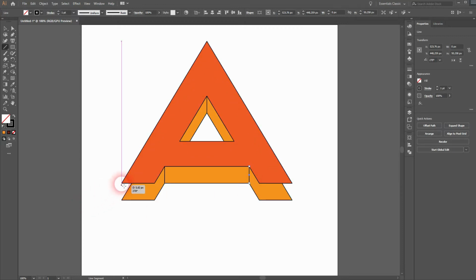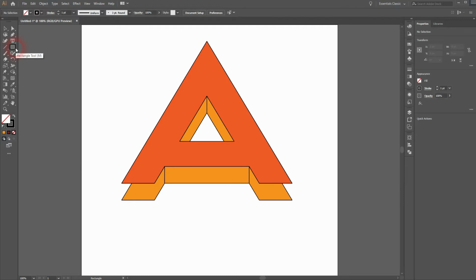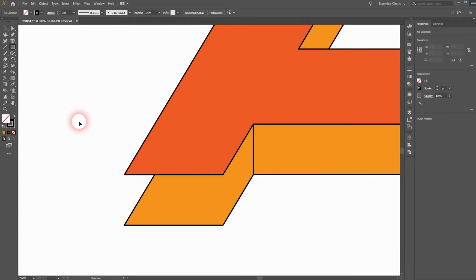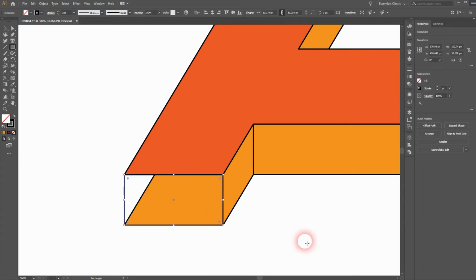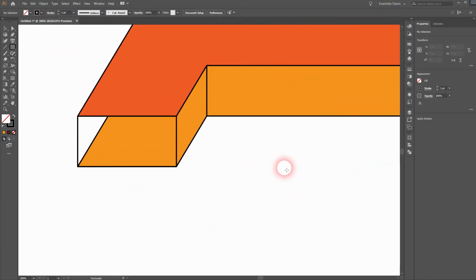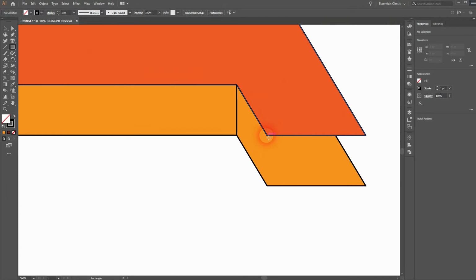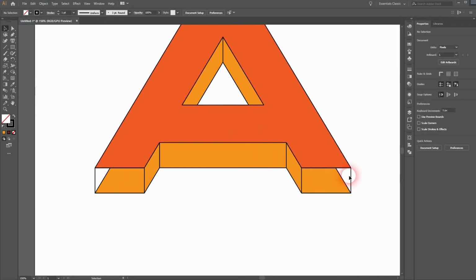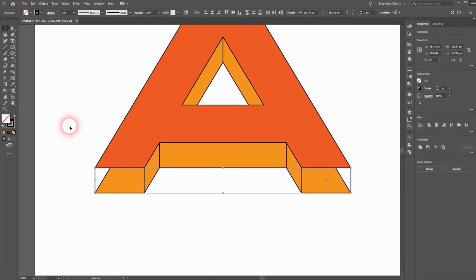Basically, we only need 3 of them, so this one on the left is unnecessary. We can simply use the rectangle tool for that. Zoom in. I'll hold Alt and use the mouse wheel for that. And we'll need another rectangle on the right hand side, just like the one on the left. That's fine. I deselect it and I shift click on both rectangles, on the right and on the left, and